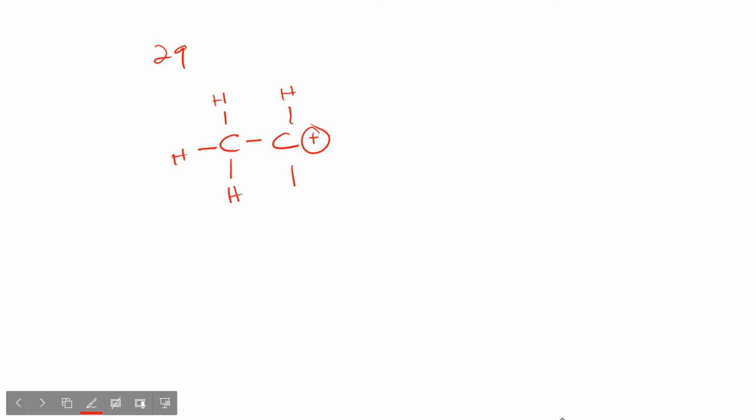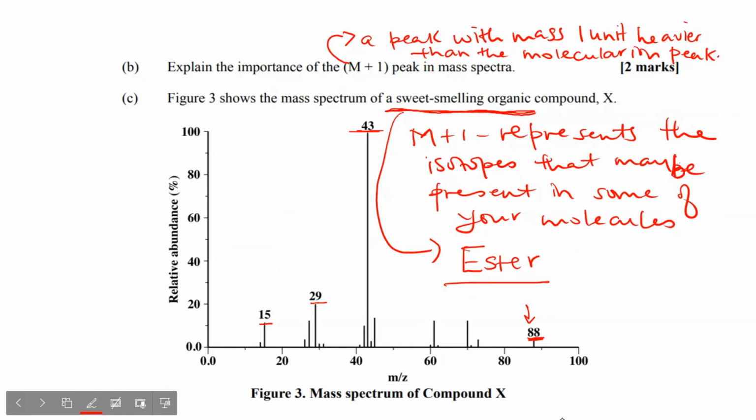If you count it, it would be 12 times 2, and 1, 2, 3, 4, 5, 1 times 5. You all know this is the RAM of carbon, and this is the RAM of hydrogen, 12 and 1. That's what we're using to calculate the mass to charge ratio. So this will be 24 plus 5. You get 29. So that's where you have your ethyl fragments being present